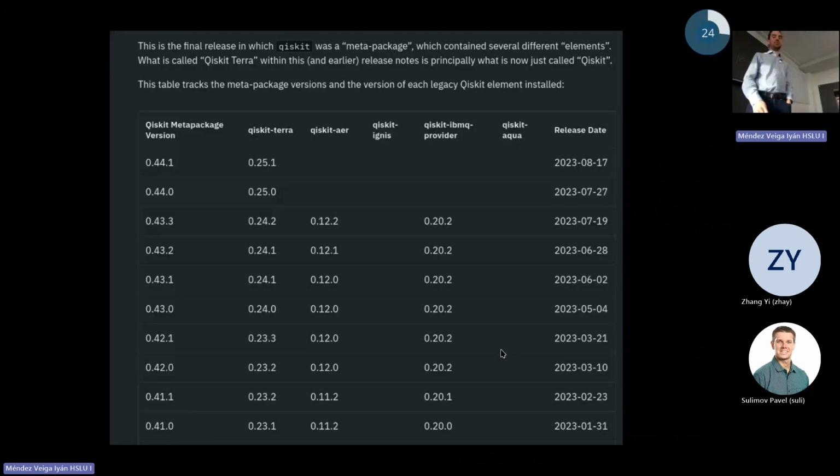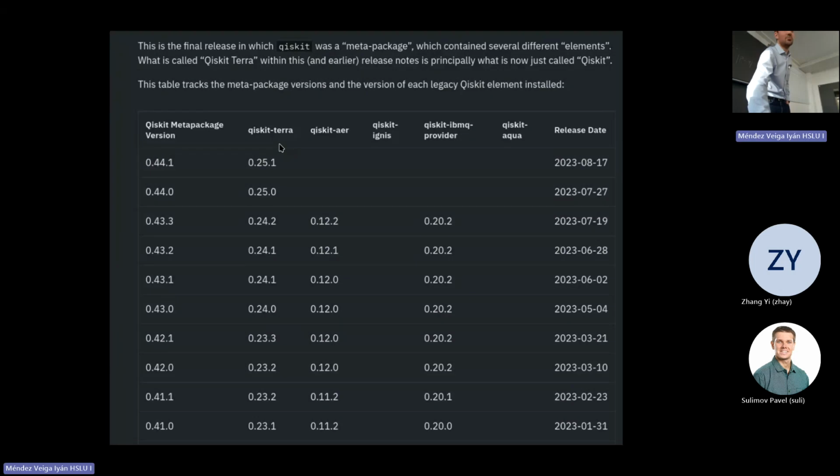And that's the reason why, if you go to the tags of the repo, there is a jump from 0.25 to 0.45. This is because the actual current repo was the older Qiskit Terra. So that's the confusing part. Here, if you go to the release notes of the last meta package release, which was the 0.44, you see the correspondence between the Qiskit meta package version and the Terra.